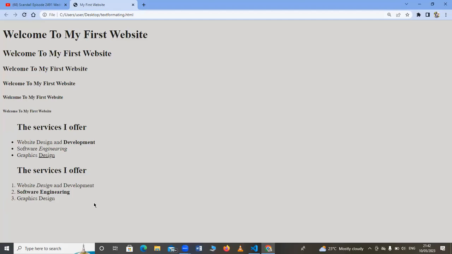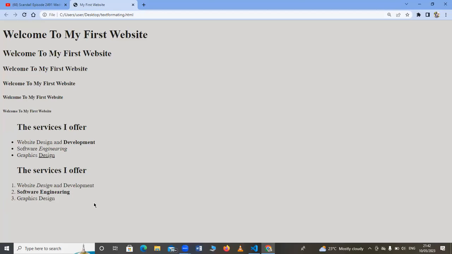It is looking bold. But the purpose of putting the strong tag is also to emphasize something, not to make it bold. If you want to make a text bold, please use the B tag. If you want to make text italic, use the I tag. Then if you want to put emphasis on the text, that's when you should use the EM tag. And if you want to make a point stand out, that is when you're supposed to use